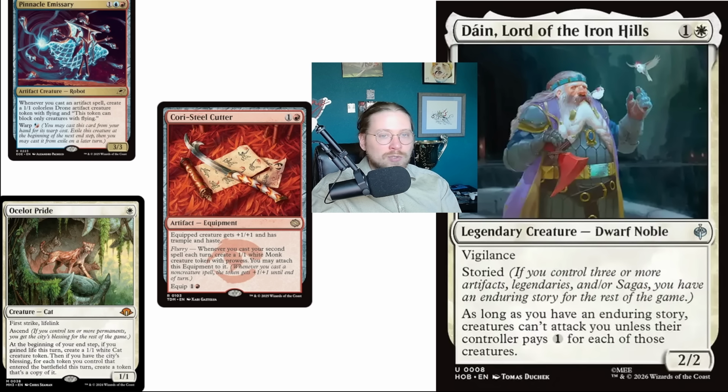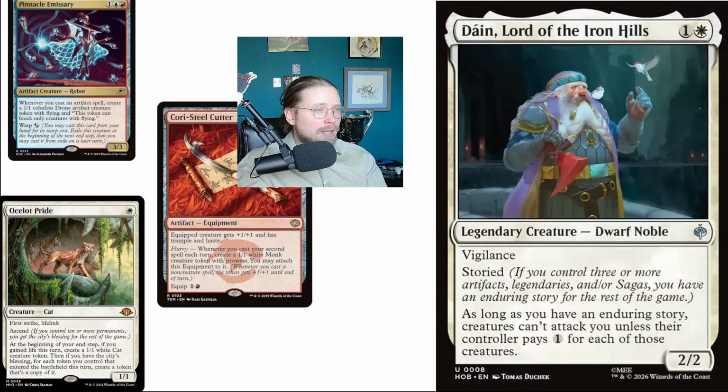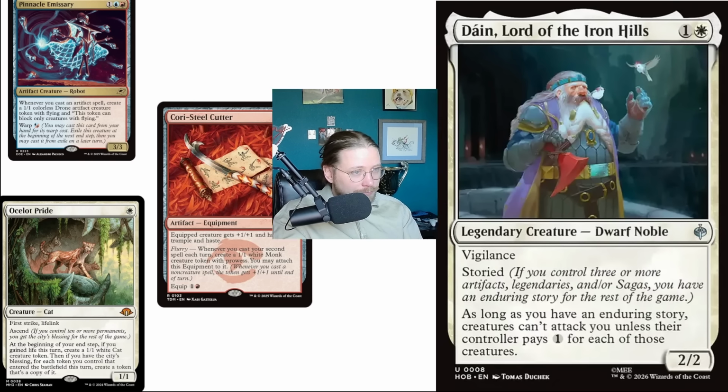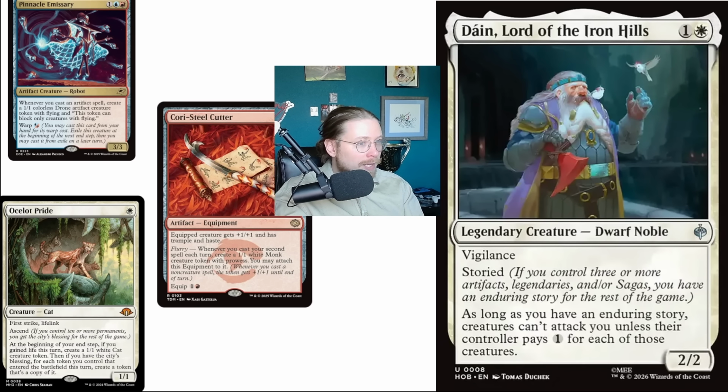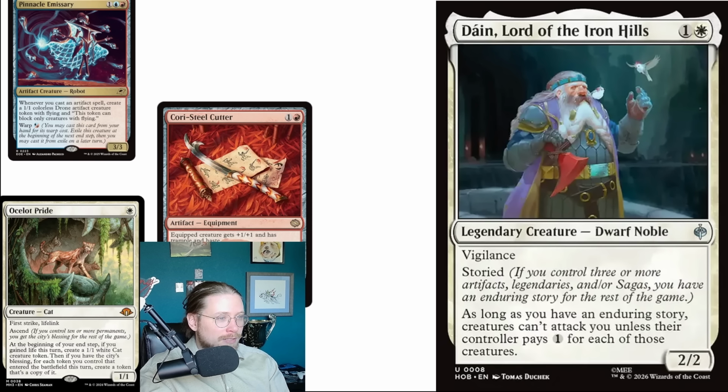This kind of effect is really nice against the Pinnacle Emissary decks, the Corey Steelcutter decks, the Ocelot Pride decks, the aggro decks that are pretty popular in the format. But because this is a legendary creature, you can't just try to have 2 or 3 copies of this card in play passively. Maybe that's just a good thing. Maybe it's a good thing that this card